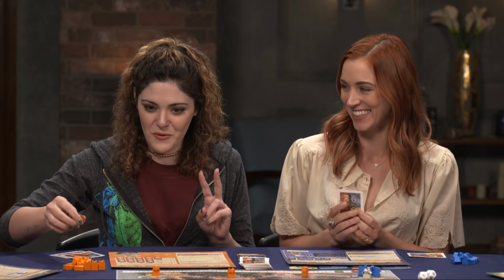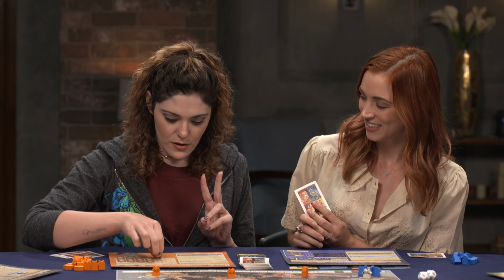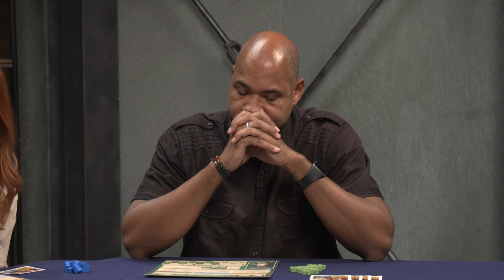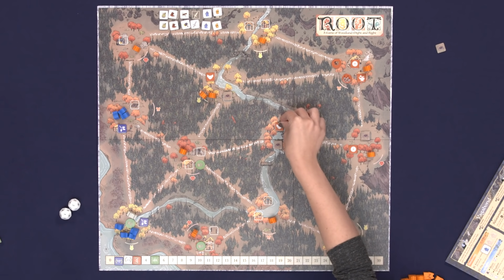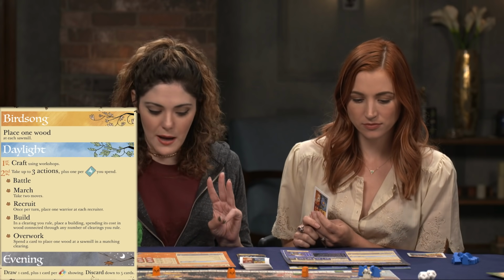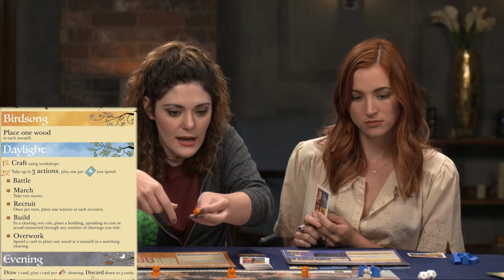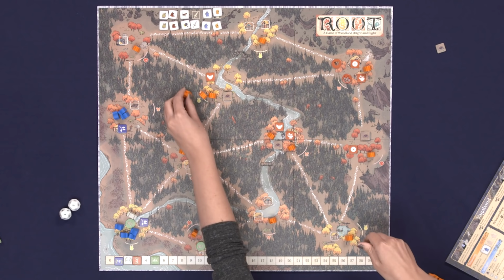Okay. 1 more wood for a recruiter. Where should I start defending myself? Everywhere. Yeah, right? This is Fortify, a nice little hub, so I'll do that. And then for my third action, I'm going to recruit. So I get to place a cat at every place that there is a recruiting station. So that's there,